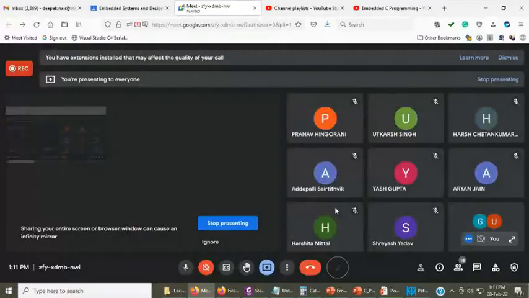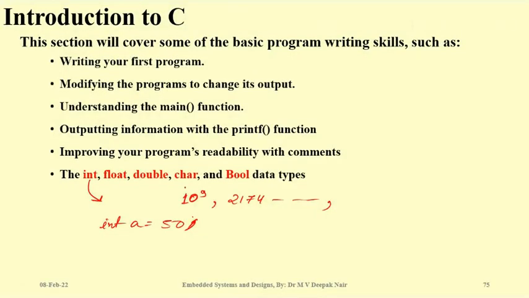Anyone else who has a different opinion about it? Harshita, can you tell me what can be the maximum size of the number that can enter into int? So now you see here, though it is a very basic concept, most of the time we think, okay, it is so common that we don't have to look into that, right?